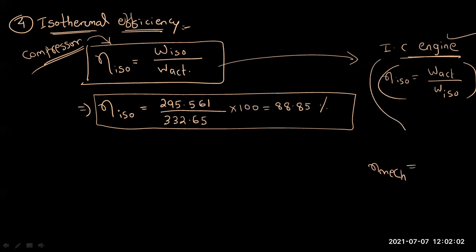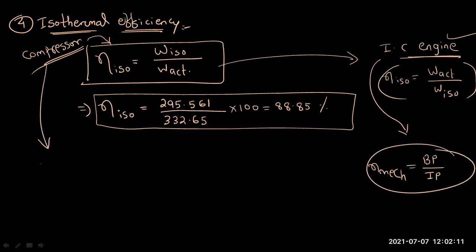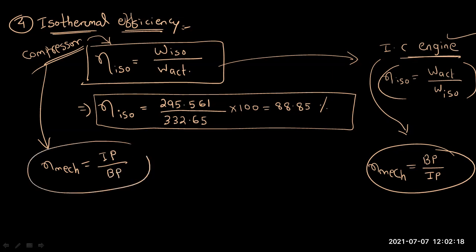Okay, for an engine, mechanical efficiency is brake power by indicated power. But for the compressor, this mechanical efficiency will change. It will be indicated power by brake power. So whatever formula we are using for the IC engine, all the formulas will just reverse in case of the compressor. Why? Because the IC engine is a work